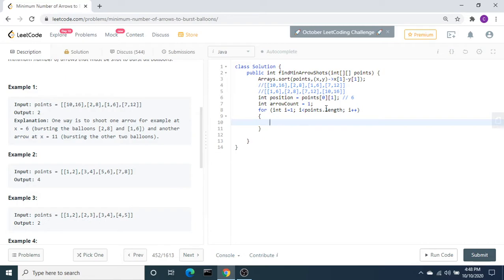Inside the for loop, let's check if this current value is between these two values. So now the first loop will start from here. We get these two values and I'm going to compare this.